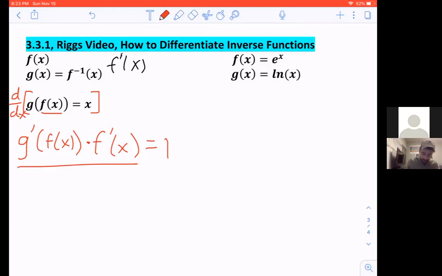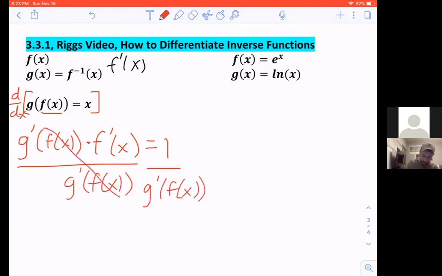I can just divide both the left and the right side of the function by everything that's multiplying by f prime of x, so that cancels. And so what we're arguing is this really interesting expression: the derivative of f of x can actually be defined as 1 divided by the derivative of g of x, with whatever f of x value in question we're